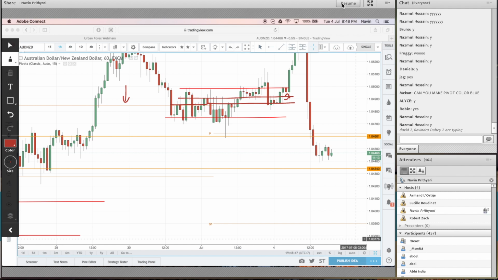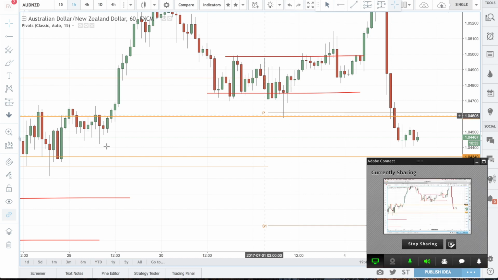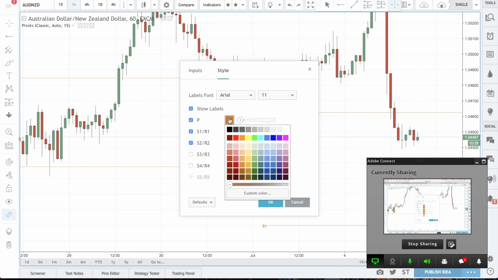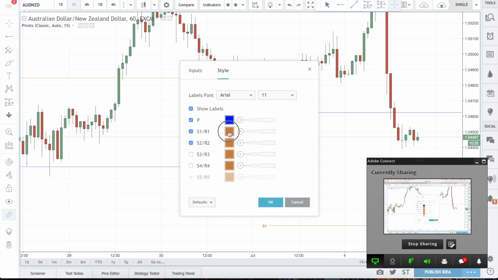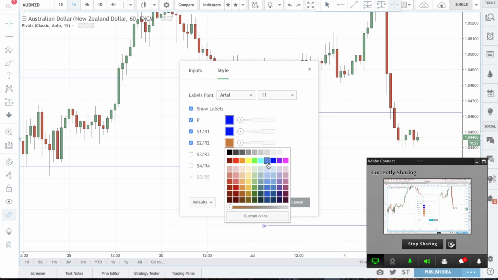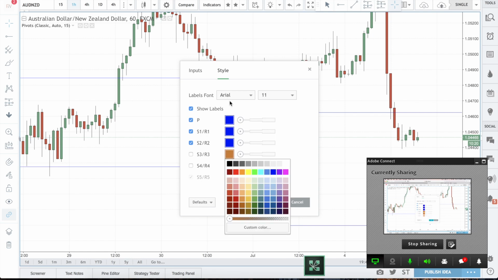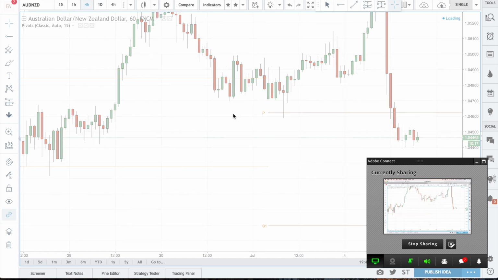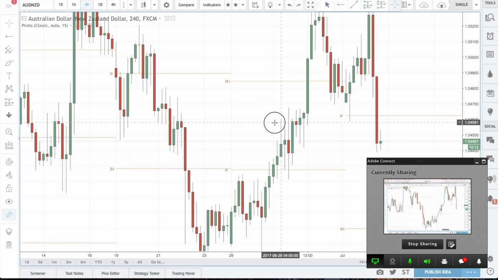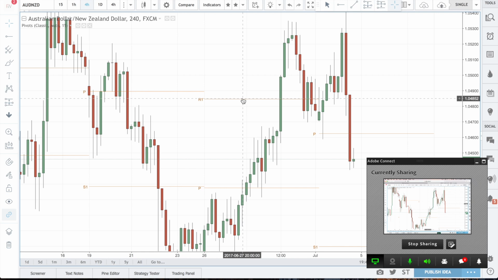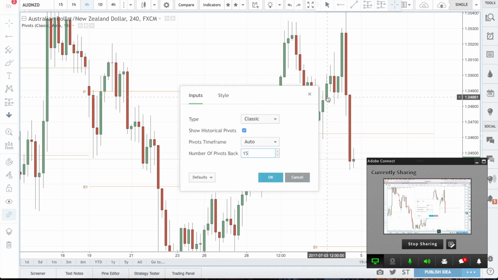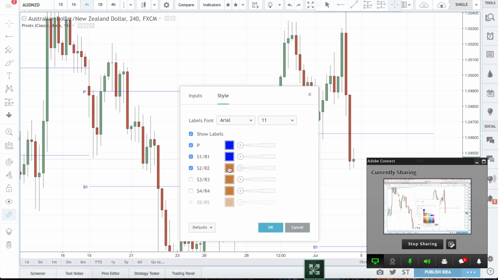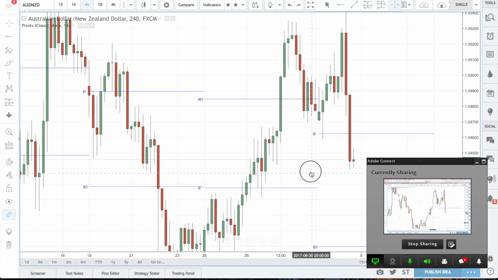Can you make the pivot color blue? Yeah, sure, one second, sorry about that. Let me delete everything, and that way I can show you the pivots. I'll make everything blue so you guys can see all the lines completely. Okay, I think that should be enough. Let me go to the 4 hours so you can see multiple lines. Oh, come on, don't tell me I didn't save it blue. One second, sorry. Blue, and one more blue, and we're good to go. There we go. Good. Screenshot.